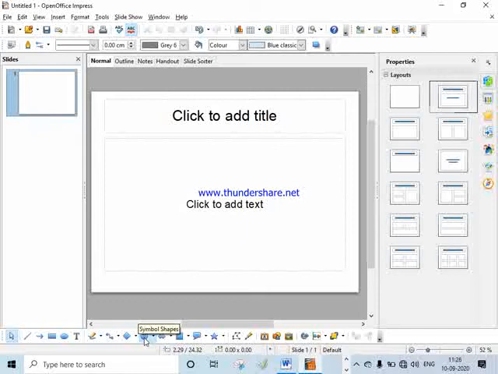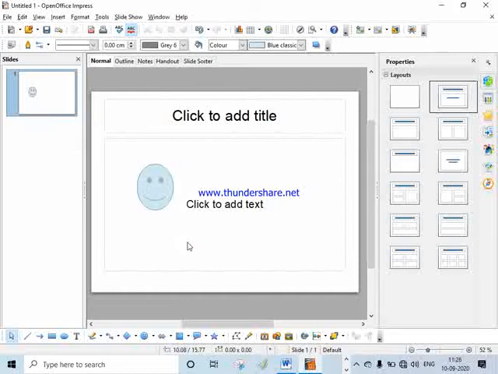If you want to insert a shape over here, first use it, then drag it, such as arrows and circles, banners, or lines in a slide. If you want to create some kind of commonly used shapes, then you can go for this one.